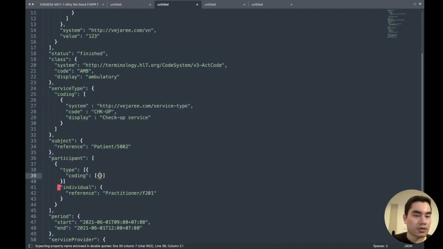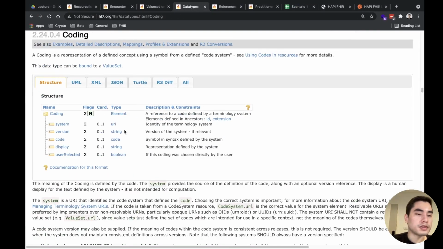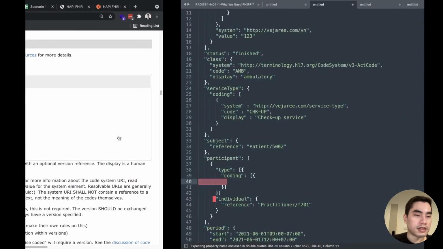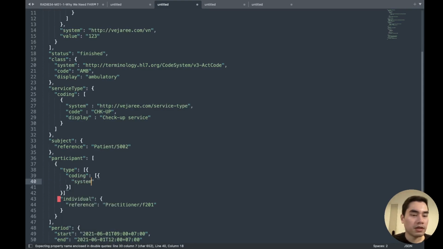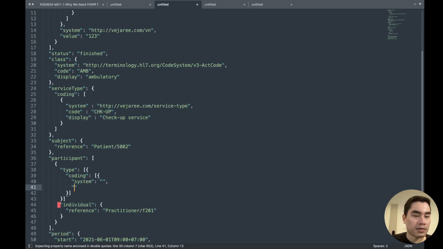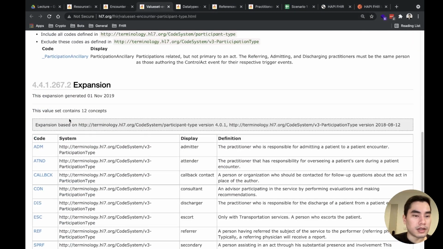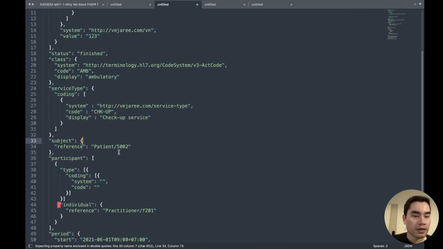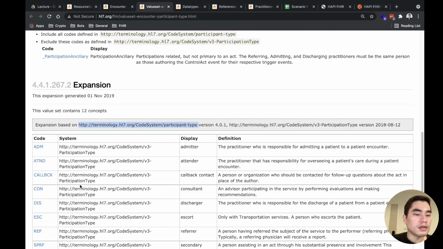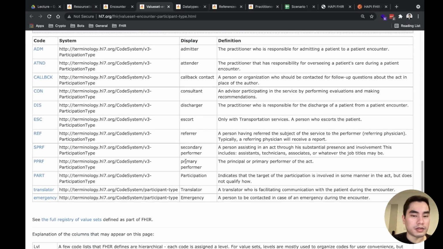And inside coding is at least system and display. System and some system, and display. Oh no, system and code. Like this. So the value set, the system is participant type and the code is primary performer.